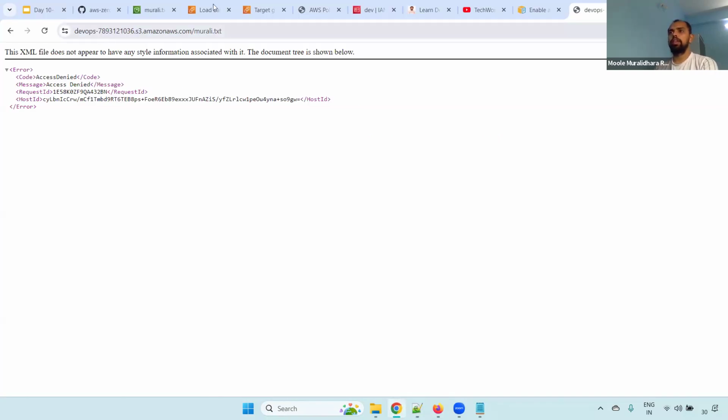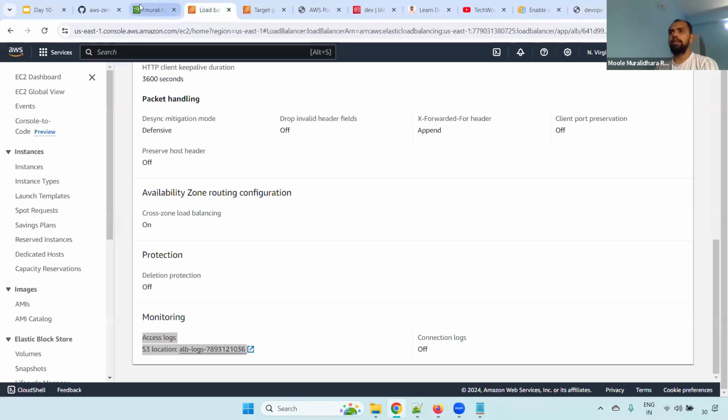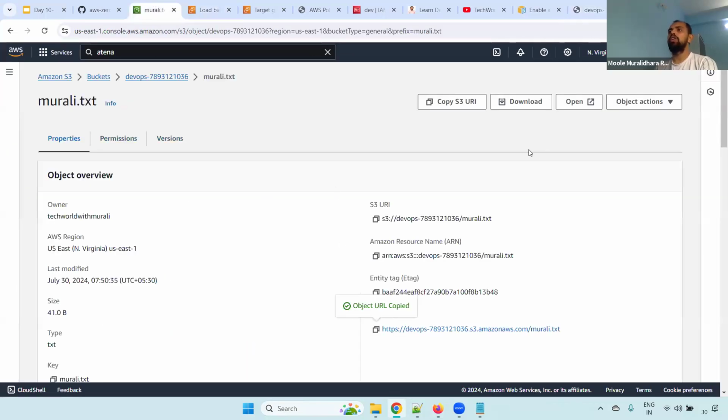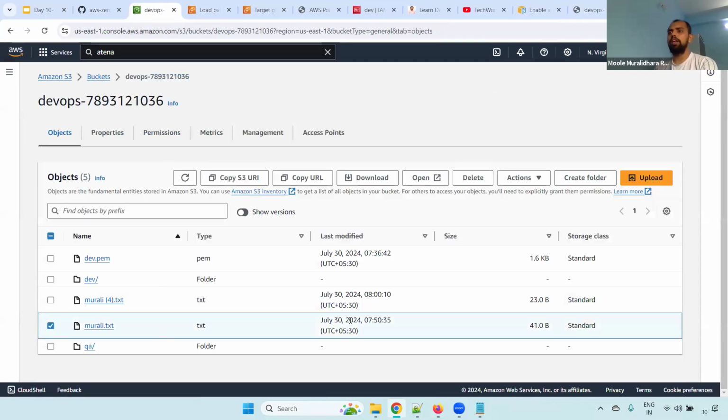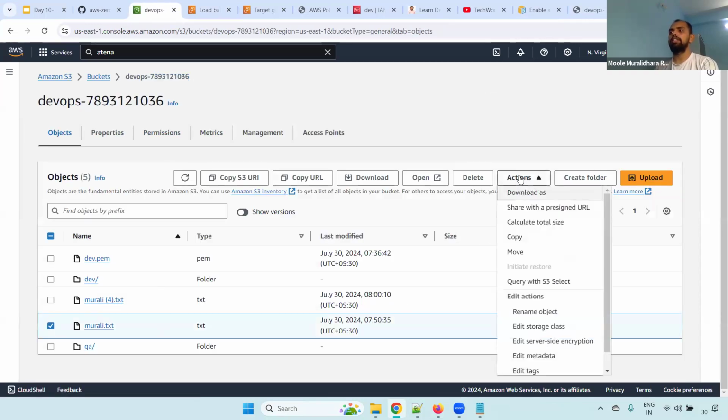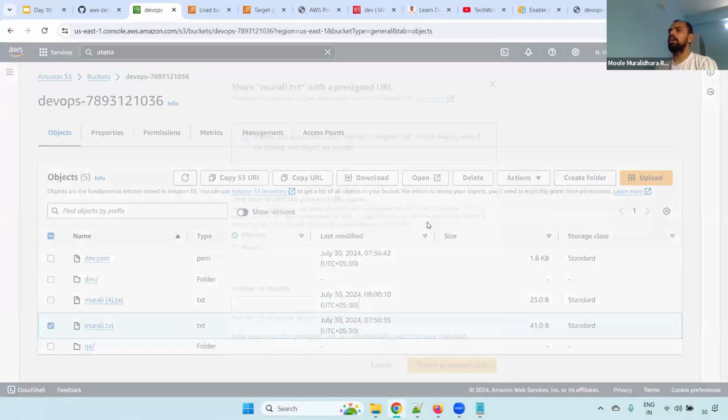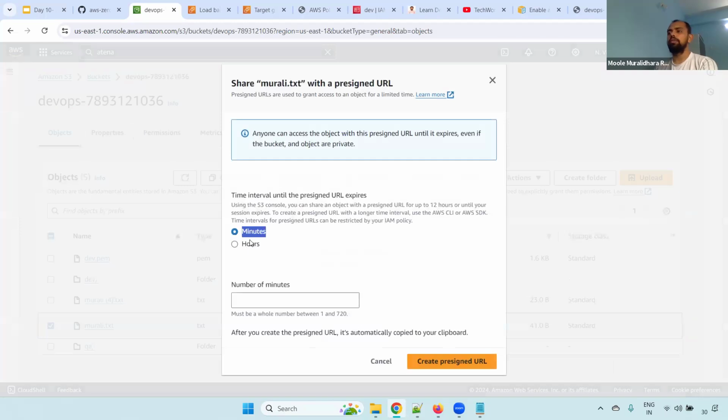Go to the S3 bucket and select the specific object, for example this murli.txt. Go to Actions. Here we have Share with a pre-signed URL. Click this one. Here it is asking for minutes or hours. Minutes is a maximum of 720 minutes, and hours is a maximum of 1 to 12 hours. Now what I'm doing here,